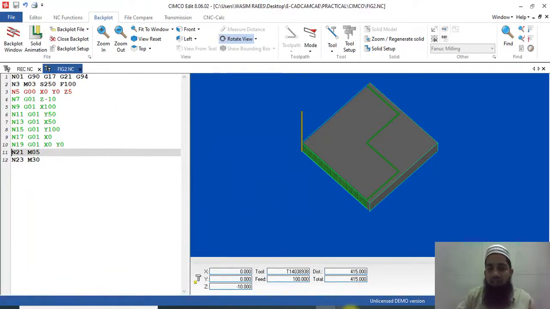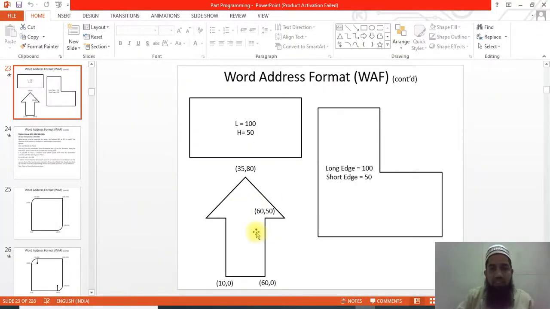Okay, now I have to go to the third figure, which is a little complex. So you have to know, this does not start from the origin, it starts from the X value 10 and Y value 0. It means that the origin will be here. The distance from here to here is 10. Rather than taking it negative, which is very difficult, I am taking this to be 10.